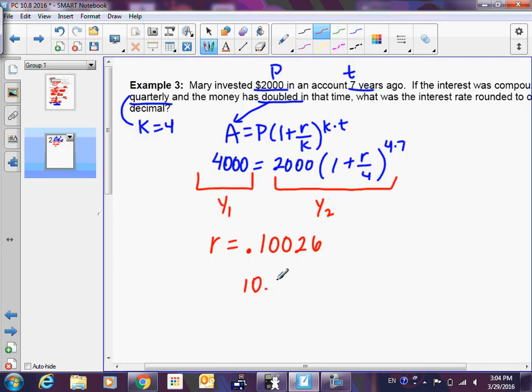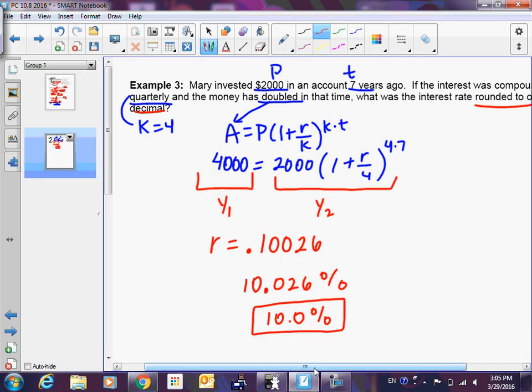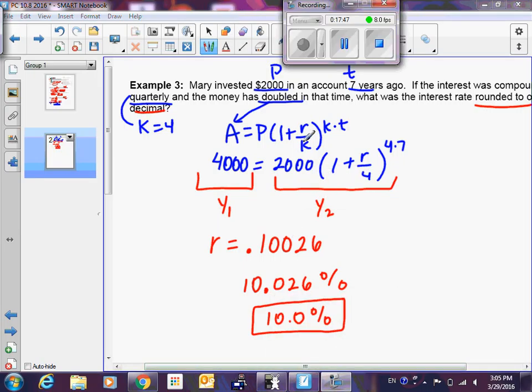Yeah, 10, and if it didn't tell me how to round, I would go 10.026% so that my percentage is to 3 decimal places, except it actually specifically says rounded to 1 decimal. So 10.0 or just 10%. That's our final answer. Calculate